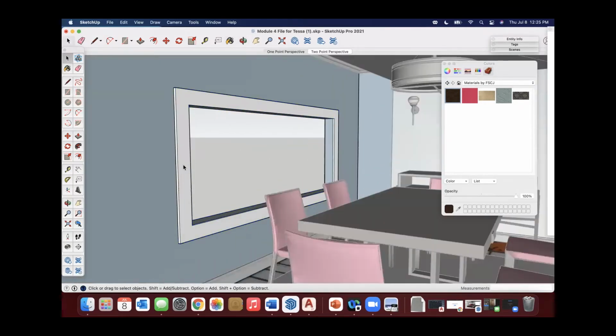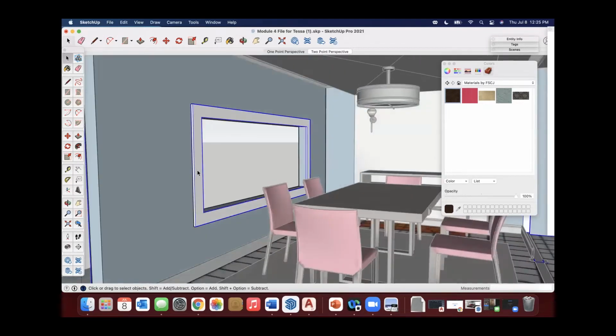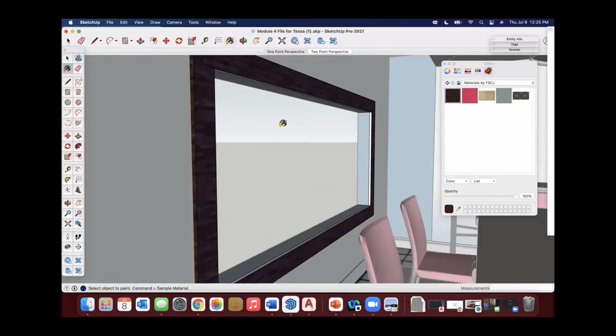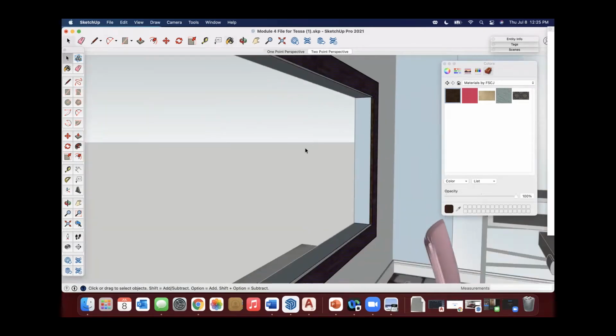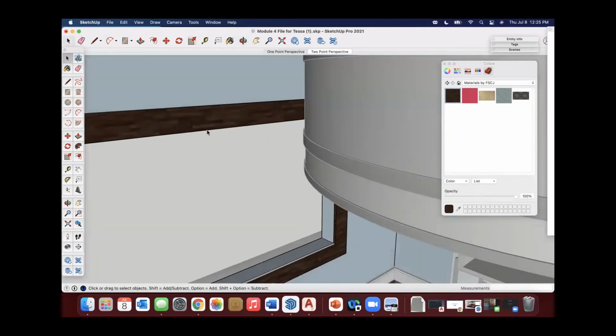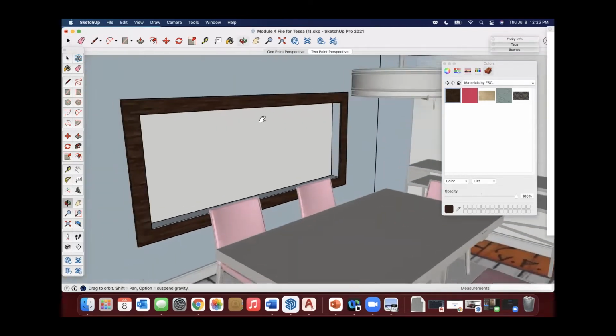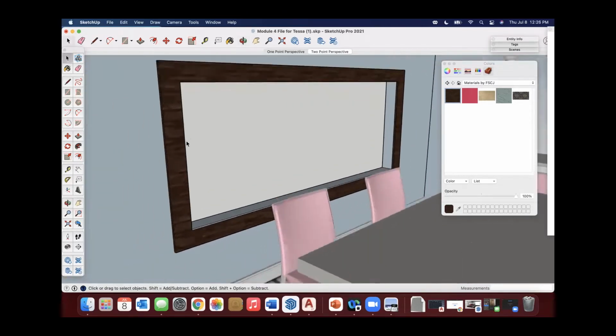Go to my space bar, double click, because again, there's multiple groups in here. So I'm just trying to get to this area. Once I can see that it's giving me just that area, I am going to apply that material. Now, here's the thing. I'm going to get out of it for a second. You can see that it's showing all the planking and stuff like that, which maybe is not the most appropriate for this area.